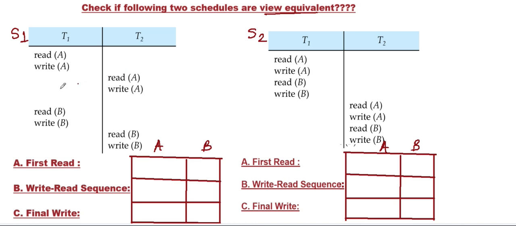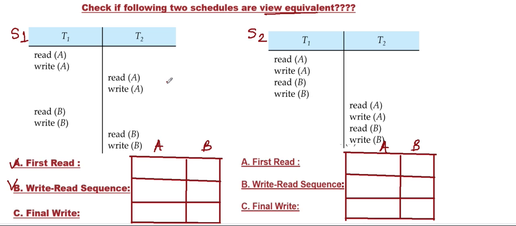There are three rules to check if the schedule is view equivalent or not. You have to check whether the view of both the schedules is the same or not. So what is the view? First read: we have to check which transaction has made the first read operation, then the write read sequence, and then the final write. If this sequence is the same for both the schedules, then